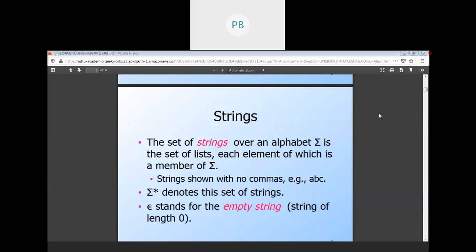Is it clear? That means in your Ankumani, the length of your string is, suppose, 8. There are 8 characters. That means this particular string consists of 8 characters. But when you fill in some forms in an online system, there will be another term called middle name. Suppose you don't have a middle name, then your middle name string's length is 0. Okay, that's why it is considered an empty string.